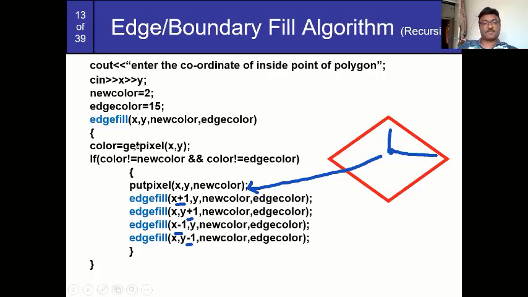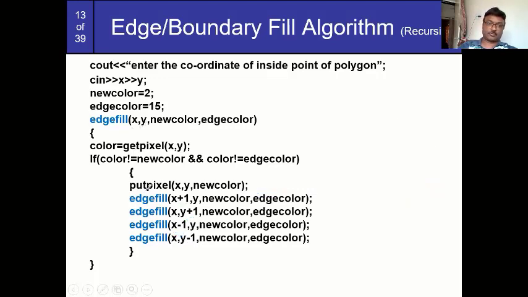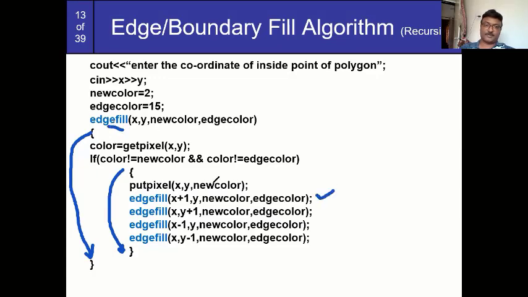Now this is a simple algorithm. Close your if condition over here and close your edge fill function over here. So this is the algorithm you can call in a recursive method. Why? Because this same edge fill I am calling 4 times, with the same parameters. So this is called recursive function calling. A function that calls itself is called a recursive function. Now, how can you implement it in the program?